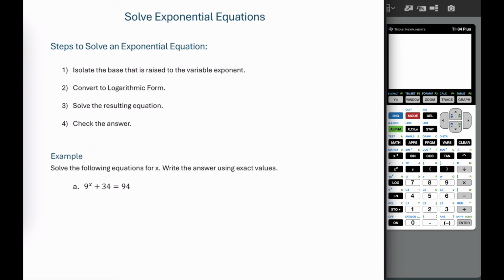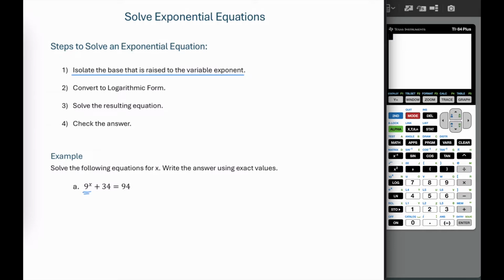An exponential equation is one where the variable we're trying to solve for, in this case x, is located in the exponent position. When the variable we're trying to solve for is in the exponent, most of the time we're going to need to convert the equation into logarithmic form in order to gain access to that exponent. But in order to do that, our first step is going to be to isolate the base that is raised